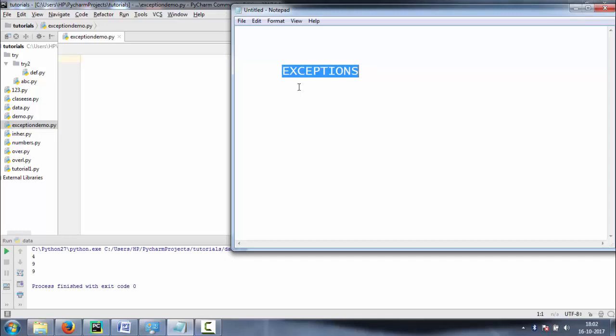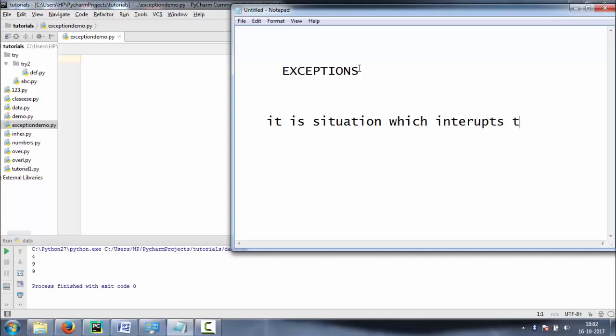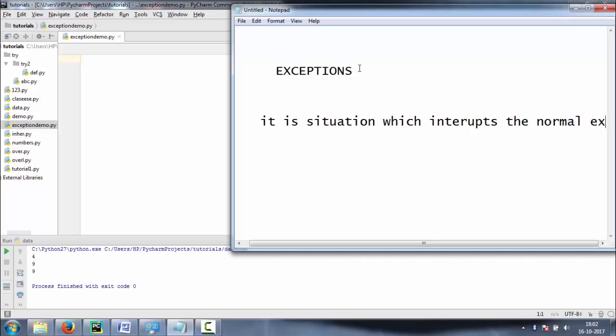An exception is a situation which interrupts the normal execution of our code.